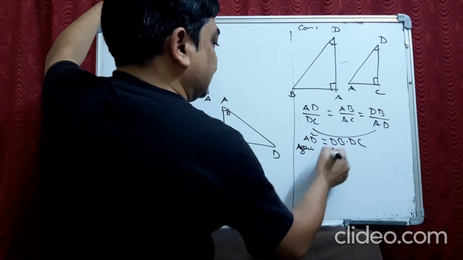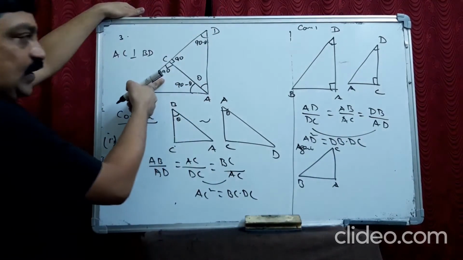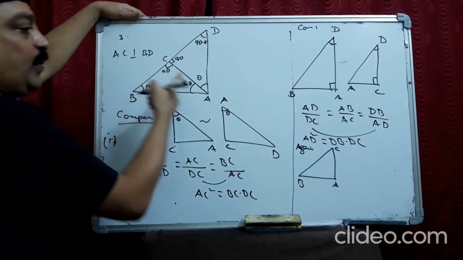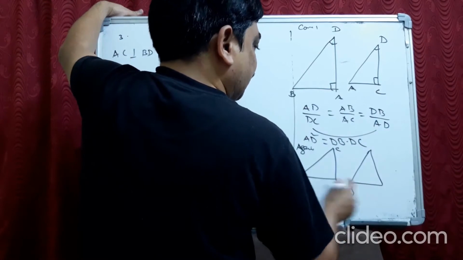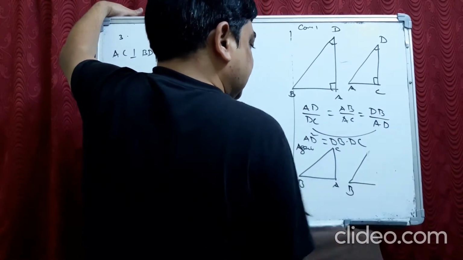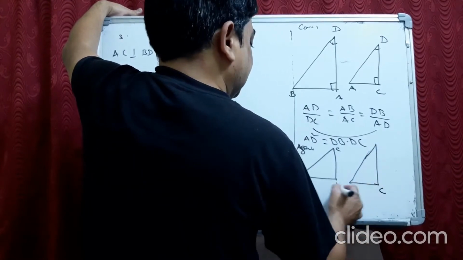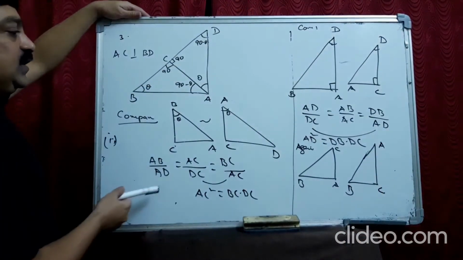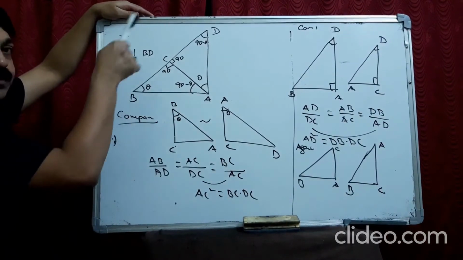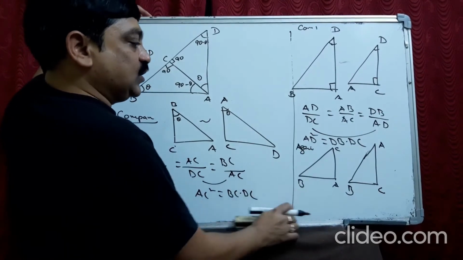Take the bigger triangle in the same way, A, B, C, and the small one, this one. So what is the common in both of them? B. B is common in both the right angle triangles, and angle here it is at C. This will be A. These 2 triangles are similar because angle B is common in both the bigger one and the smaller one. Angle A and angle C are right angles, so you can compare.